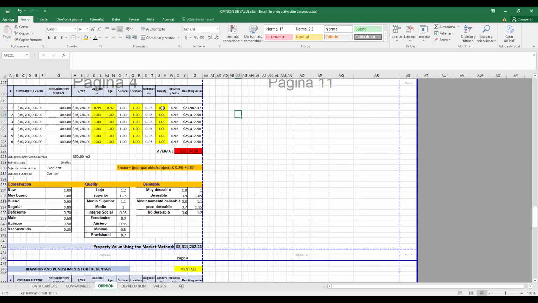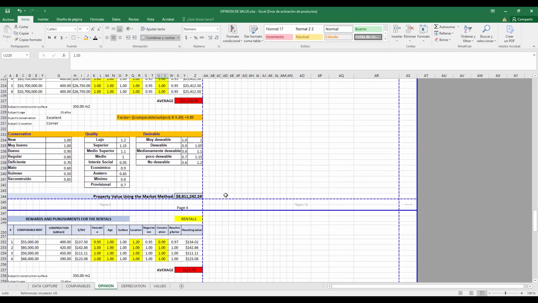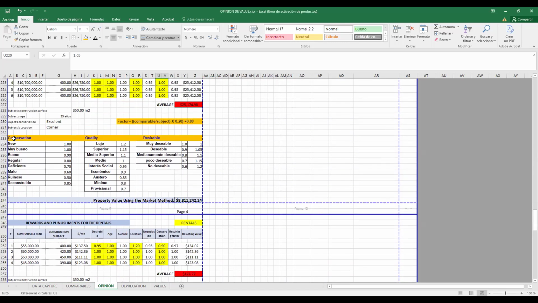If the quality of the subject is superior, then put a price, a reward. I think it's clear for everybody. Remember here you have the conservation, quality, desirable.